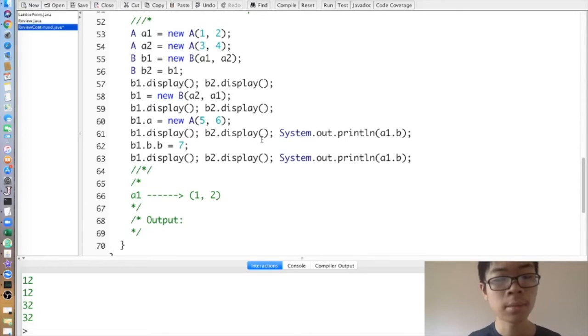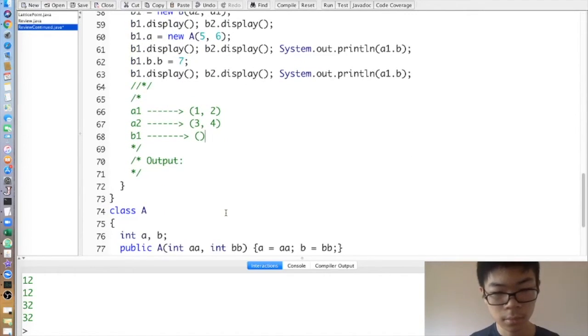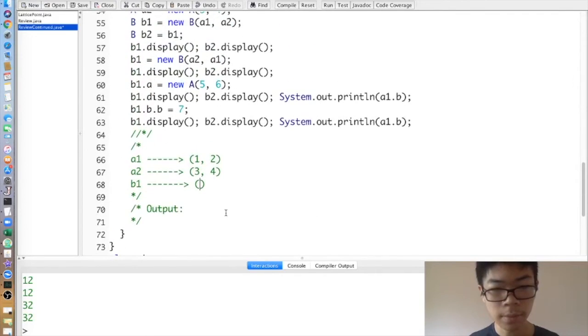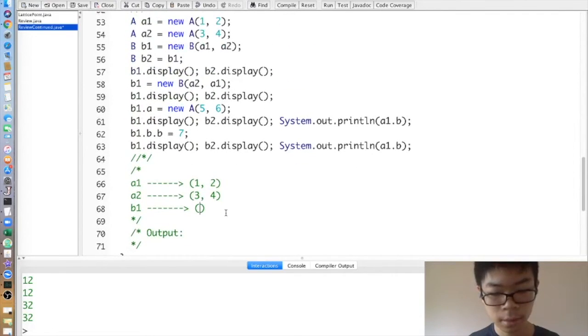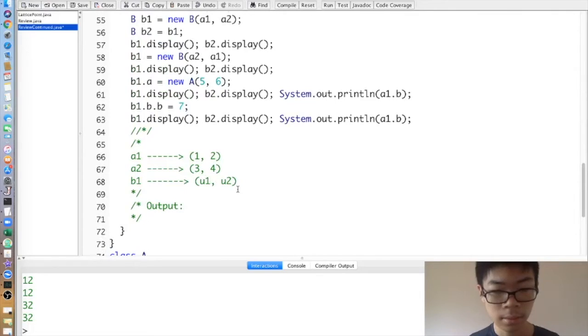And then A2 points to 3, 4. B1 points to, well, I'm going to call this U1 and U2, its instance variables. Actually, it's better to call them B1.A and B1.B. Like that. And now,